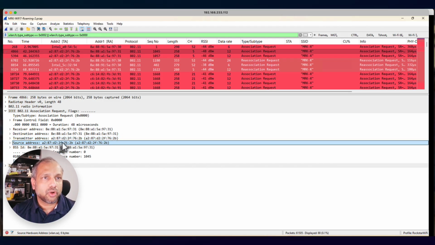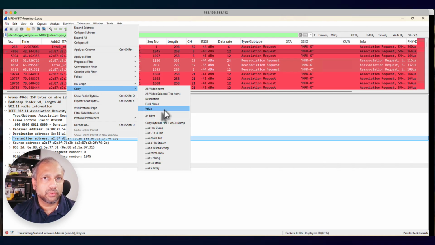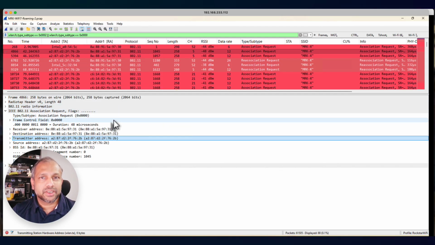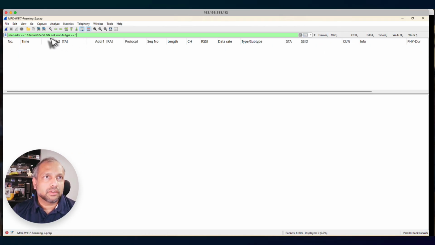So if you want to copy this MAC address, you can right click and copy value. Once you copy the MAC address value, you can go to the client MAC address section and replace this MAC address value. In this particular instance, I'm filtering traffic where client MAC address equals that, and then I am filtering